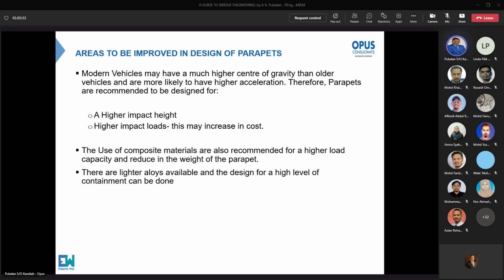We can't suggest, you know why? Because it has been designed as per BS 5400. The international code itself, they have not revised it. So the government says that the bridge has been designed for BS 5400, so it's only designed for normal containment. In those days, they should have said, design maybe due to safety because of the